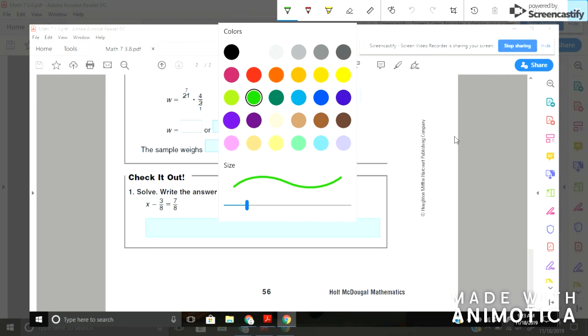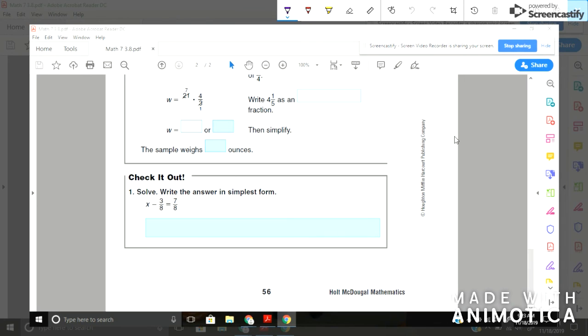For the last example, it says solve x minus 3/8 equals 7/8. So what number, when you subtract 3/8, gives you 7/8? So the way I'm going to tackle it is I'm going to ask myself, what's being done to x? Well, it's being subtracted by 3/8. How do I undo that? I add 3/8 to both sides. Negative 3/8 plus 3/8, those are opposite. They cancel out, and I'm left with x equals